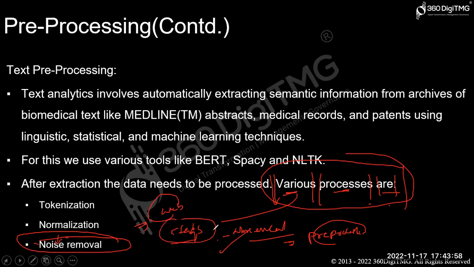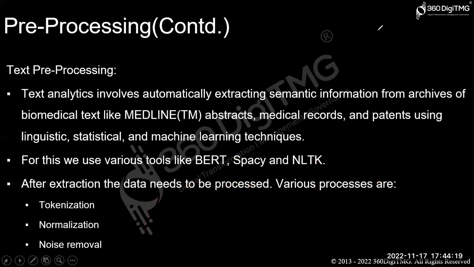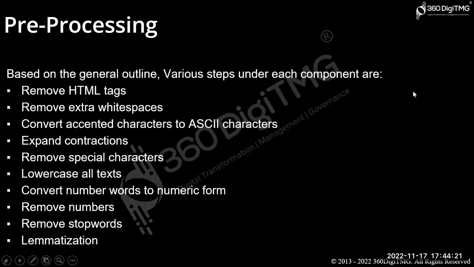And if you have extra tags and special characters, let's say hashtag, ampersand, dollar sign, question mark, all of these come under special characters, at the rate. So we will be removing all those things since we won't be able to pre-process that data. So what are the anomalies we will be having? Based on the general extraction of information, HTML tags will be there, white spaces, meaning empty spaces, will be there, and that also comes under this.